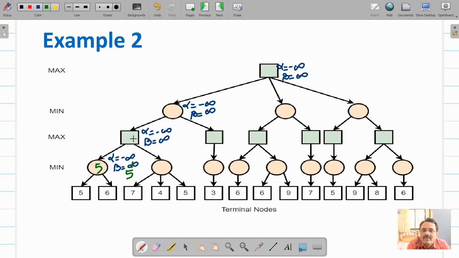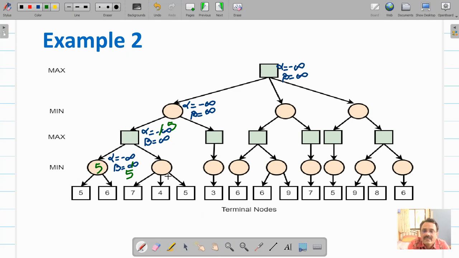Now the maximizer node will update the value of alpha. It is getting 5. 5 is better than minus infinity. So alpha will be updated here. Value of alpha will be 5. Now do not assign a value to this max node because this has to be evaluated.